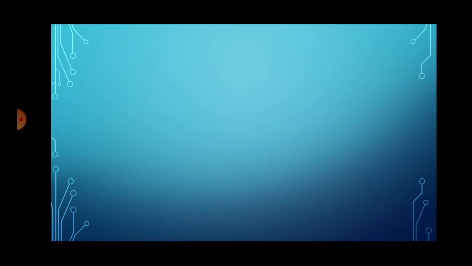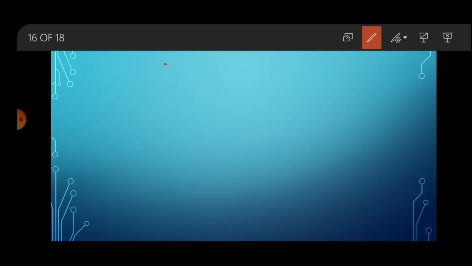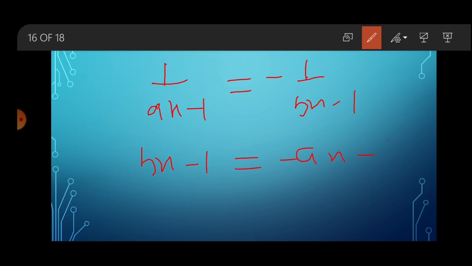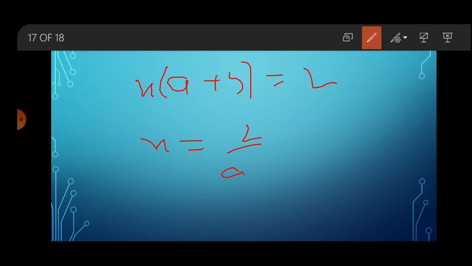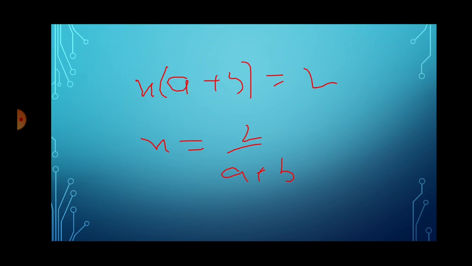Now I will solve for the second part. So I have 1 upon (ax minus 1), and I will take 1 upon (bx minus 1) to the opposite side. Now just cross multiply it: (bx minus 1) minus (ax minus 1), so minus will become plus. So bx plus ax, and this 1 will go to the opposite side and become plus, so 1 plus 1 will become 2. Now we can take x as common. So x is equal to 2 upon (a plus b). That is the second value of x. Now moving ahead